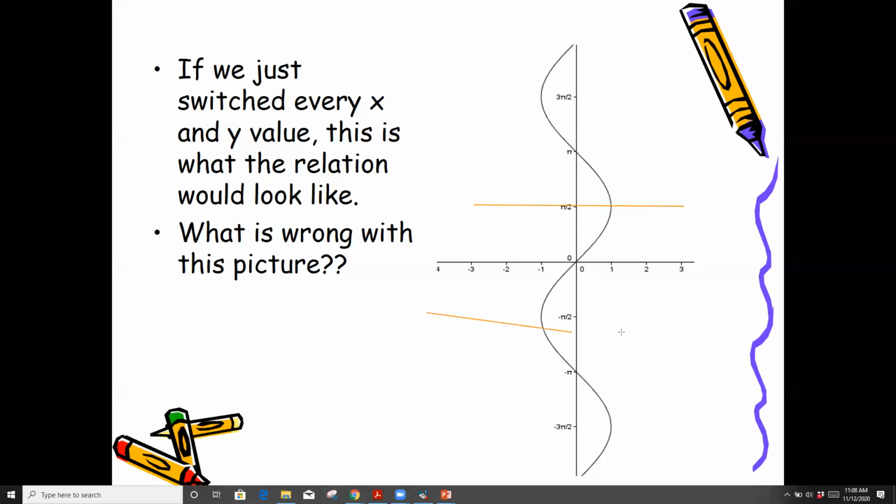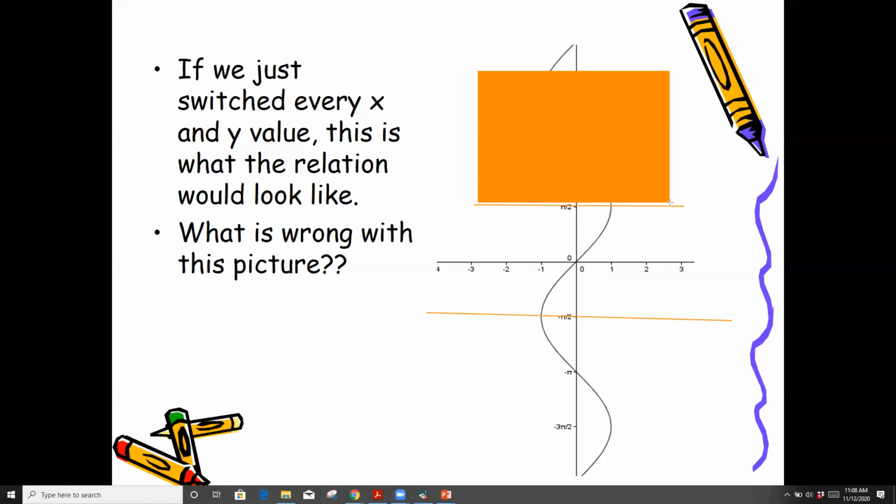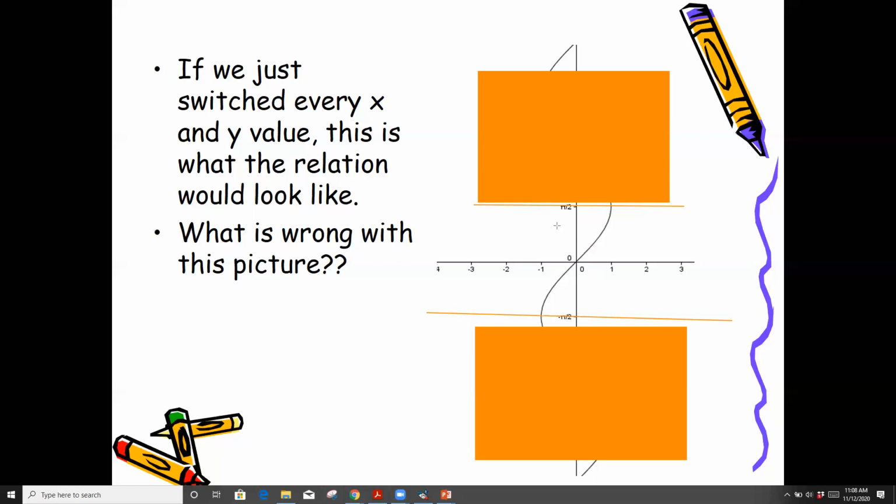If we cut it between pi over 2 and negative pi over 2, I'm going to block out this part, block that out, and block that out. If we just look on this interval here, now it's a function. It passes the vertical line test. If I limit the range between pi over 2 and negative pi over 2, now if I say,